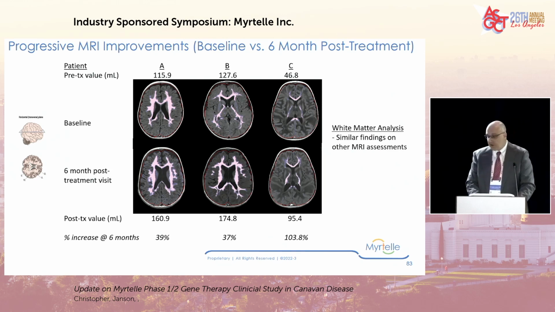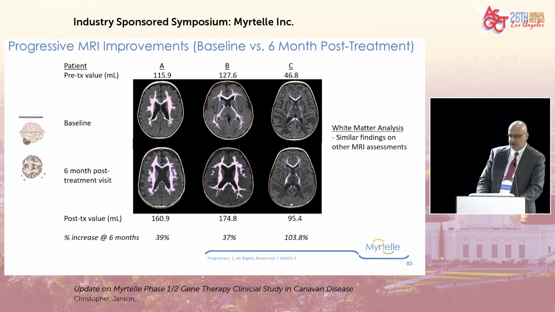So these are representative slices using synthetic MRI. They show brain white matter content for 3 different subjects at baseline and at 6 months post-treatment. The software sums over all axial slices to generate a total white matter volume for each patient. We observed variable increases in myelin across all the treated patients, which ranged from approximately 40% increases up to doubling